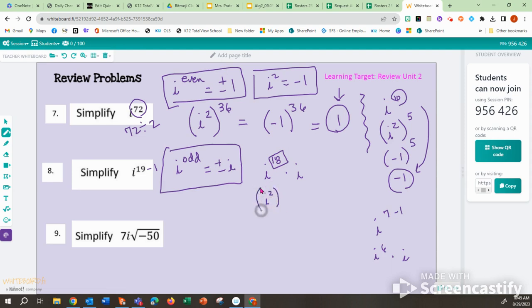So you're going to do 18 divided by 2 is 9. So i squared to the 9th is the same thing as i to the 18th. And then you still got that times i. Your i squared is going to turn into a negative 1. You're going to raise that to the 9th power, and you're going to multiply that times i. If a negative 1 is